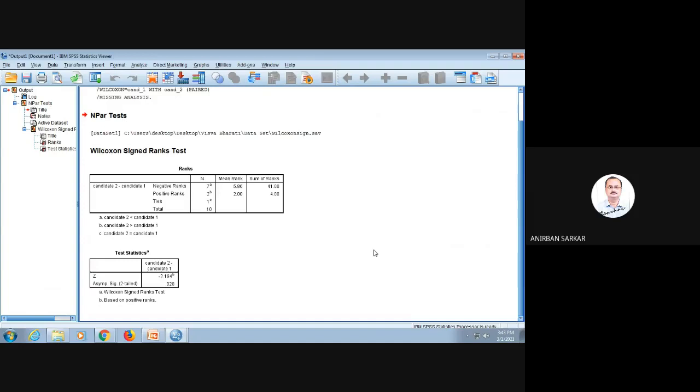When you are applying a parametric test, the data which you are using in case of a parametric test is raw data. Means you try to understand the raw data with the help of descriptive statistics, say for example mean, median, mode, standard deviation. Then you summarize the data with the help of descriptive statistics.